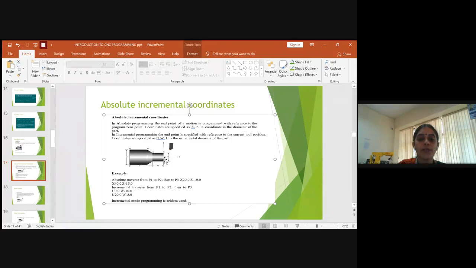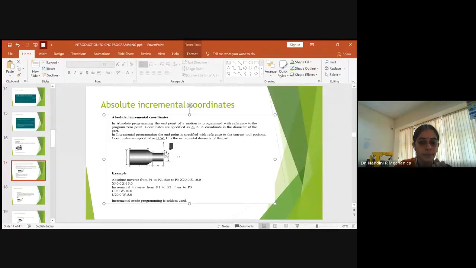So with this reference of 0, 0, you should then provide the coordinate values either towards positive x or negative x. So this is the reference point you have to consider in the case of the absolute and incremental coordinate system. Here the coordinates are specified as x and z, only x and z. So the x coordinate will provide you the diameter of the part because x is going like this. So this value, which is 20, the diameter of the part, is provided across the x direction. You have to see how to provide the coordinate system.